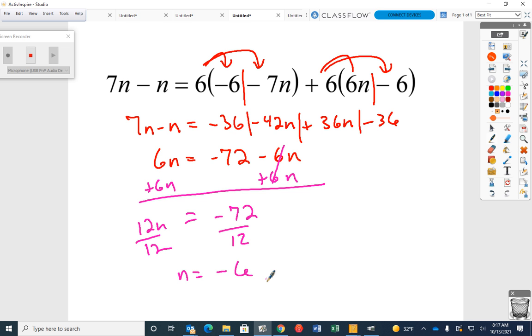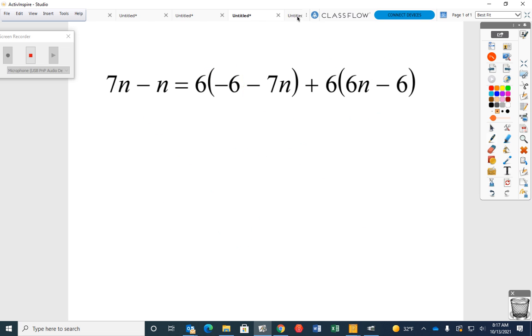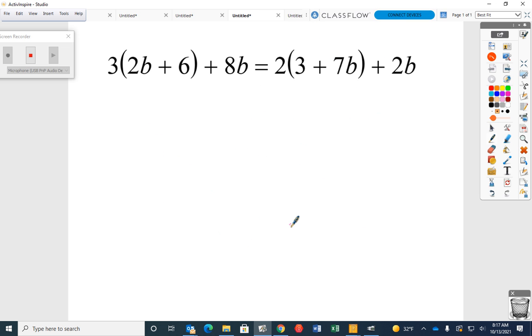Looks crazy, but truthfully, are these really that difficult? They're not. Okay? All right. The only other type you're going to see, and I'm not going to take any more of your class time. If you see one like this, what do you think you're going to have to do? Distribute on both sides. Is that anything more than you already know what to do? Then we're good. Okay? Do you want me to do this one? I can. It'll take me. Okay. I'm going to give you some time to do